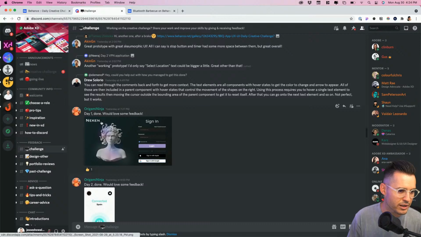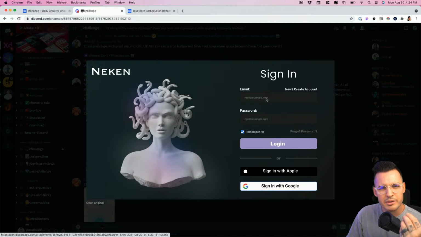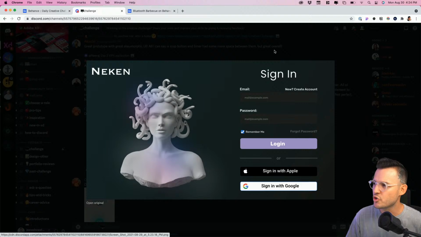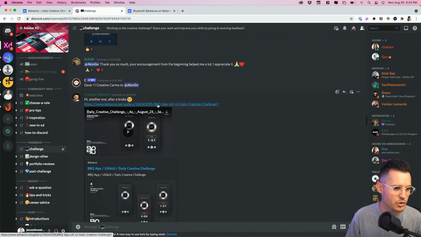This one is from Origami Ninja. Come on, let's go with it. Love it. Everything. Dark interfaces are hard. Watch these form fields so that we're still able to see them. We know that they're form fields or inputs, and draw the correct attention to them by using a little bit of contrast. Here's another one, a good one by